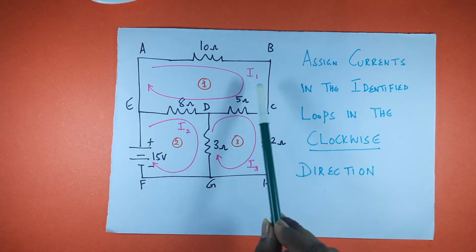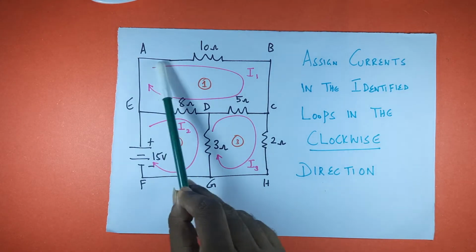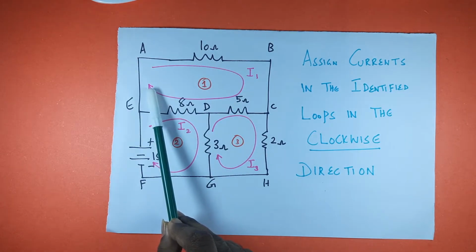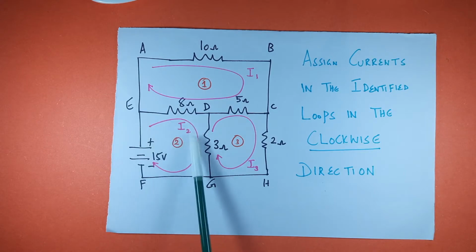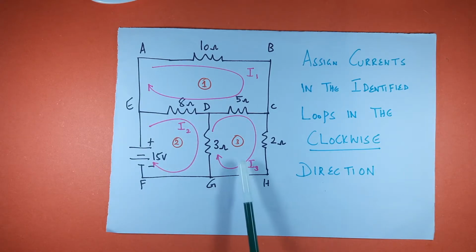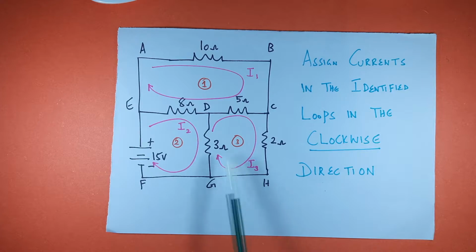Loop 1 current is I1. I have assigned it in the clockwise direction. Loop 2 current is I2, assigned in the clockwise direction. Loop 3 current is I3. Again I have assigned it in the clockwise direction. Okay. So next, by using this, we have to